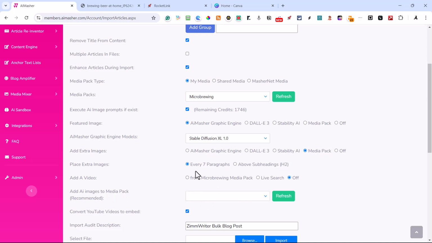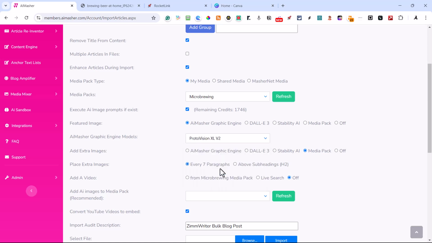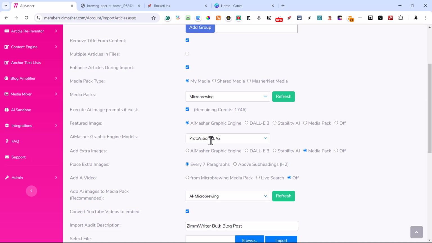Okay, so if we're building on our feature, we're building AI images right here. And I'm going to use the ProtoVision XL V2. If we're building AI images, you want to store them somewhere. And this is where you would put them in right here. So I'm going to do microbrewing, but I'm going to put it in a folder I created called AI microbrewing.